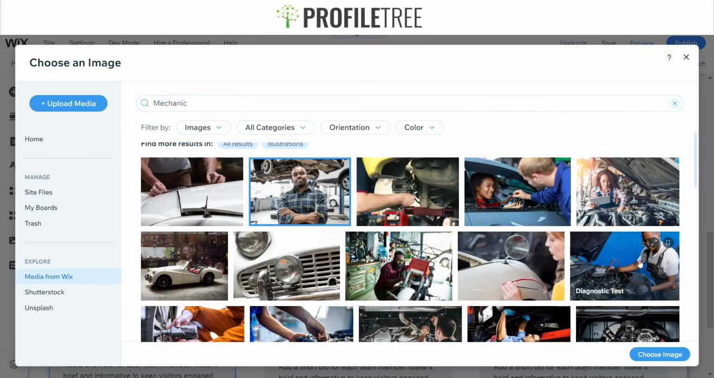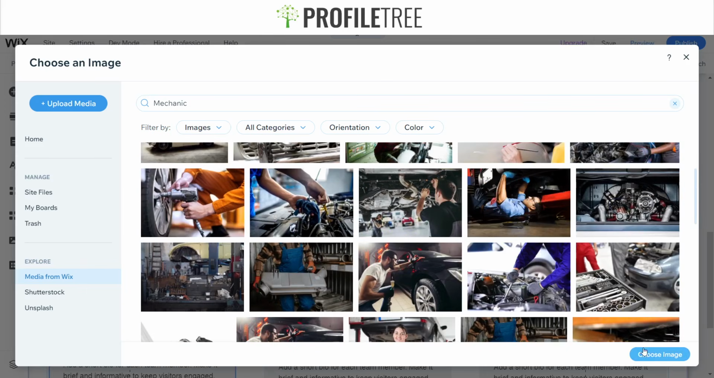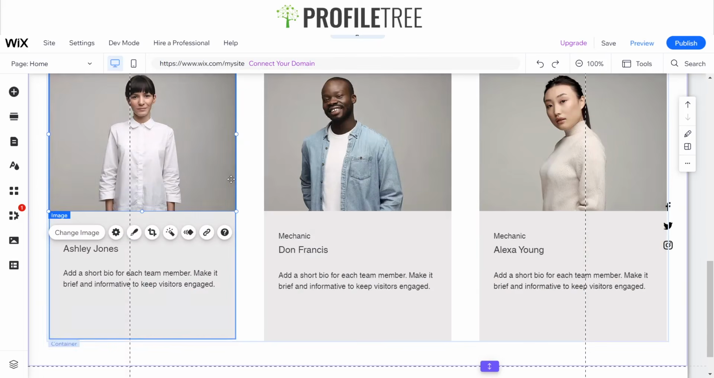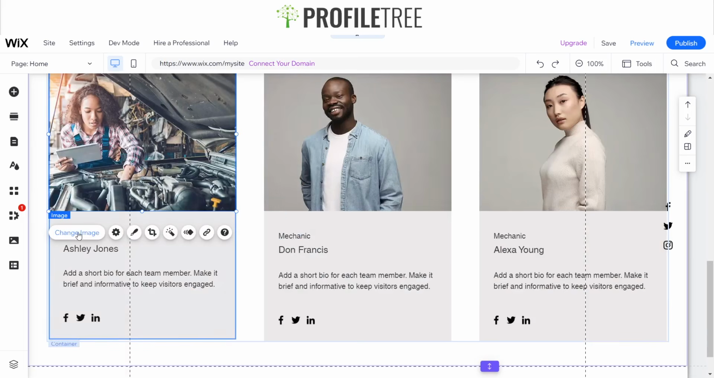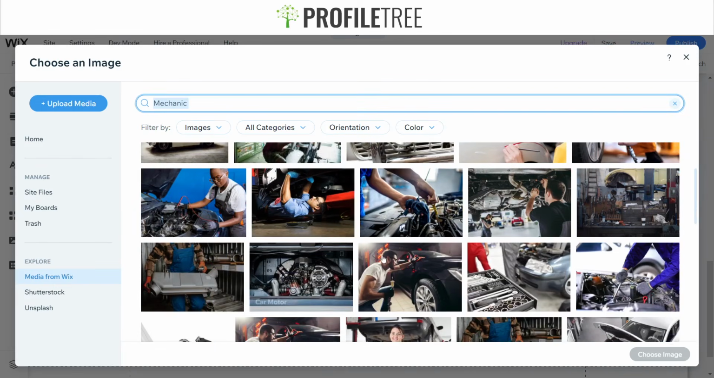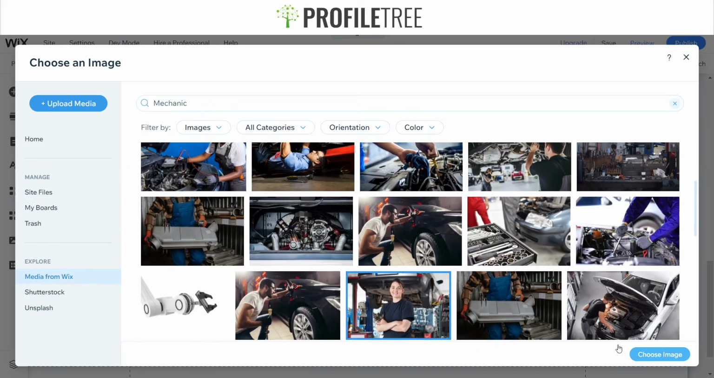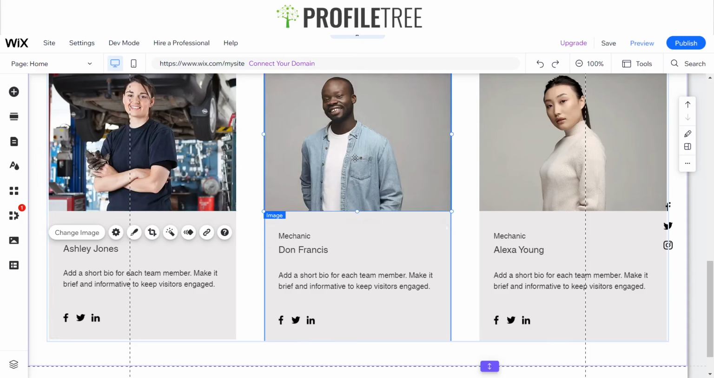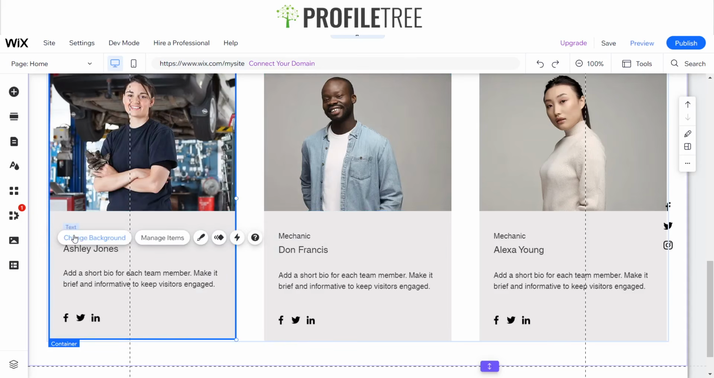Okay, so we'll use her, because that'll be our Ashley Jones. Oh, we could actually change that image there. I've seen another one. Okay. Prove that. And then what we could do here